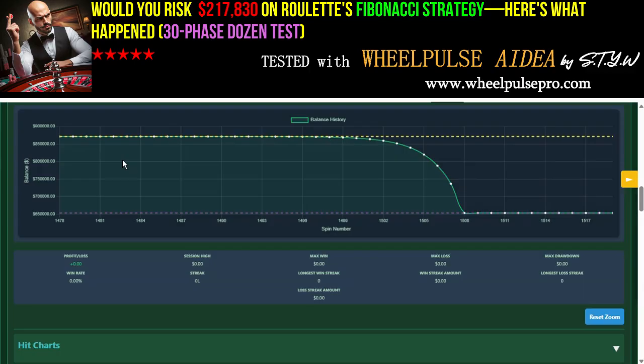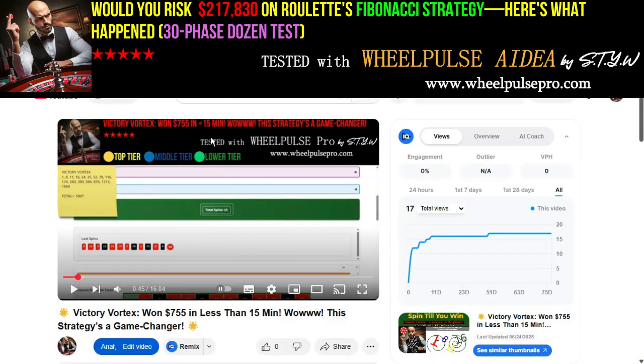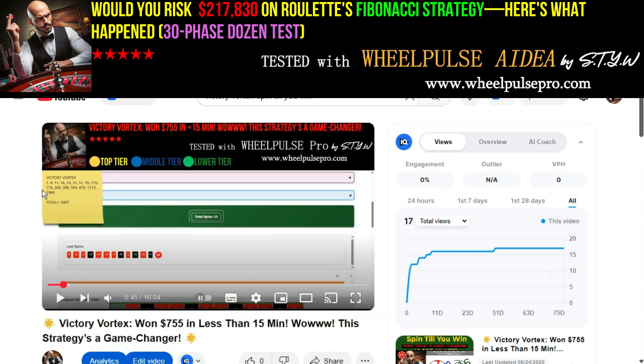And I believe the Victory Vortex is 16. That's the reason I created that Victory Vortex. Okay, I just want to show you guys quickly. This is the Victory Vortex strategy that I have, and the profit is going to decrease, and it is actually 16 phases. The total cost is 5,907, and let's make it bigger if I can. There we go. So it goes with 1, 8, 11, 16, 24,